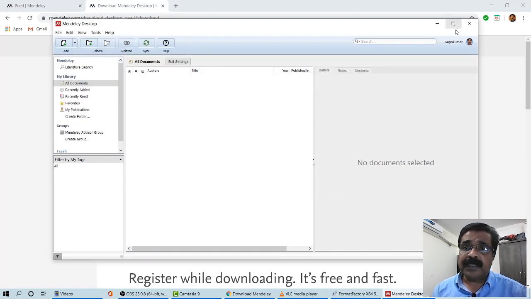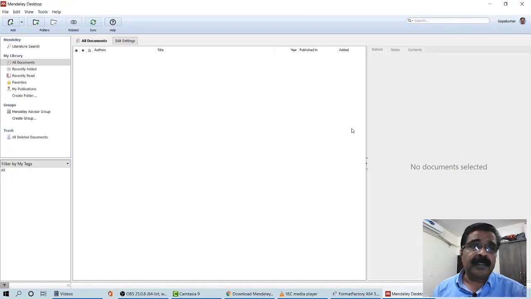We'll maximize it, and you can see the menu buttons: file, edit, view, tools, help, and below some menu items are there. Here there is a window with some commands. Here there is another one which is for tags, and this is the reference library. And here comes the metadata details. We'll do it one by one.